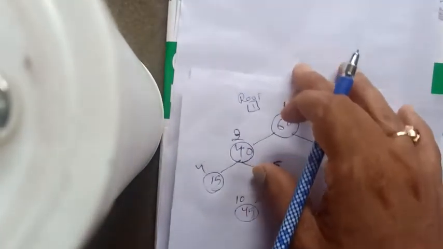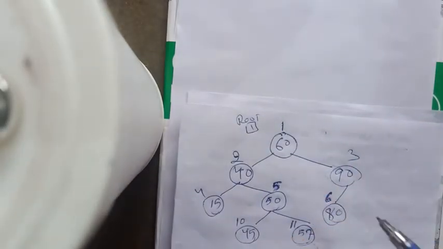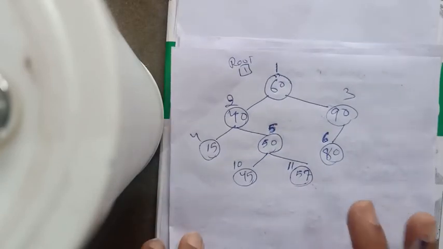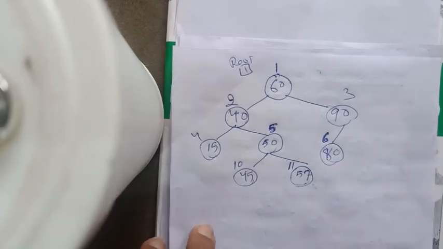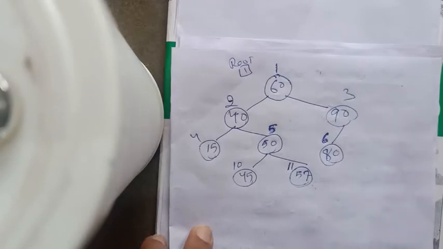Now if we want to remove a node from a binary search tree, first of all we should pass the algorithm an item. The item will be passed to the algorithm and the algorithm will perform a search operation to see if the item is present or not. If the item is not found, then the deletion will not be conducted and deletion will fail. If the item is found, then only deletion will occur.